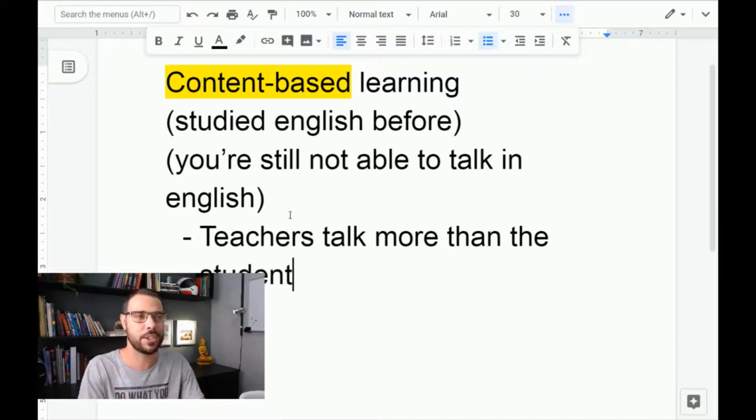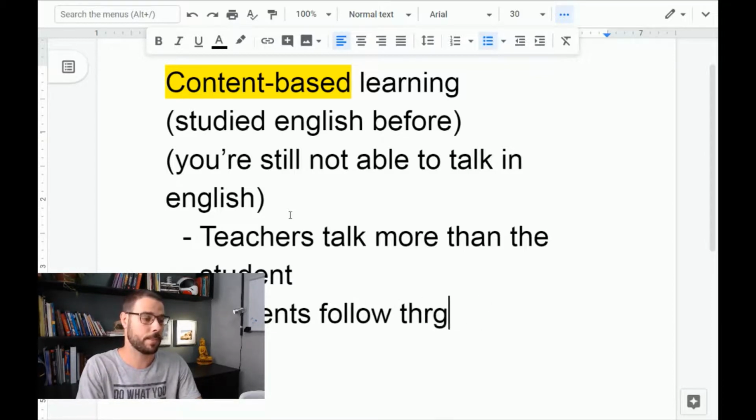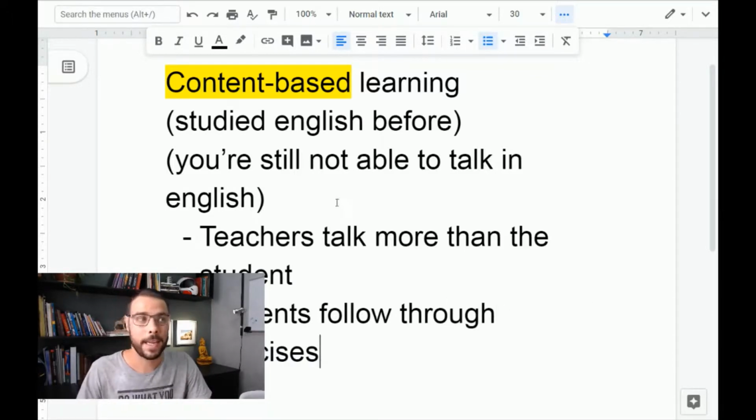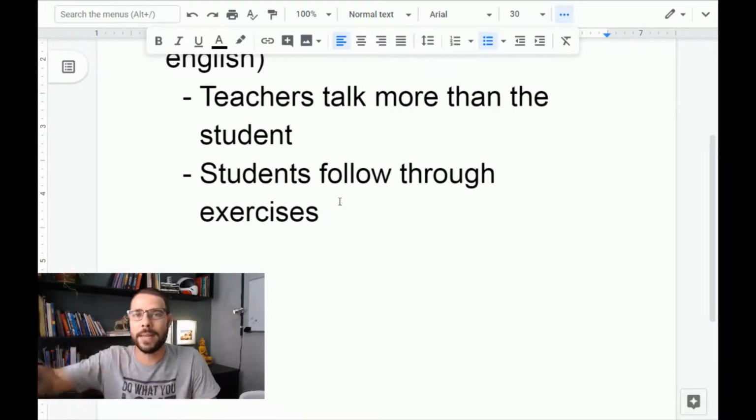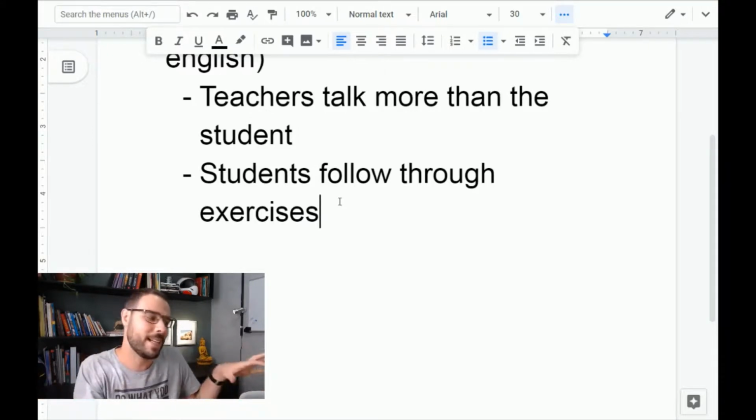They're actively teaching grammar rules, vocabulary, or they're actively teaching following a methodology, following a book or whatever. And the thing here is the students follow what the teacher is teaching. So students follow through exercises. Meaning they have a bunch of exercises, reading exercises, writing exercises, filling the gap exercises, write a short sentence, write a short essay. So they have a variety of exercises to actually put in practice what they've just learned